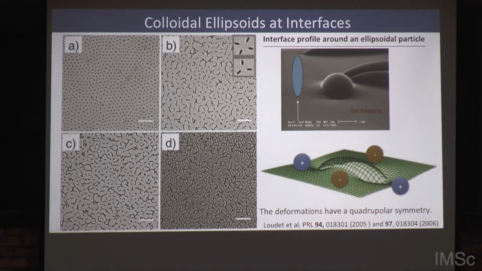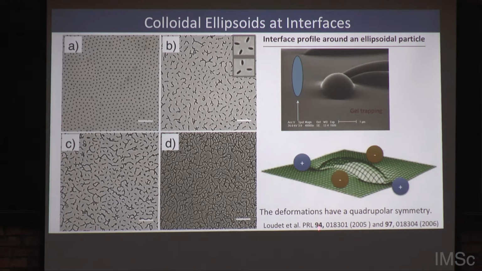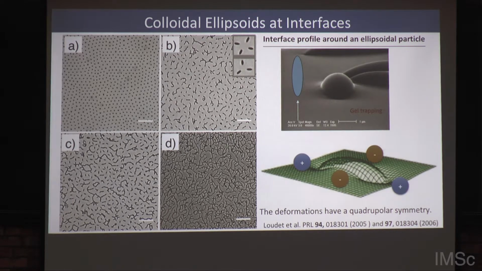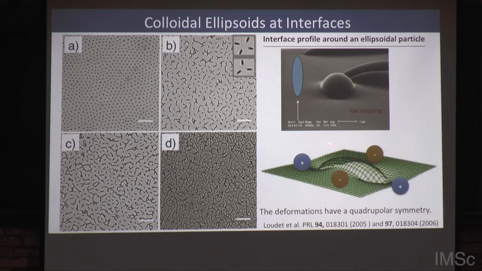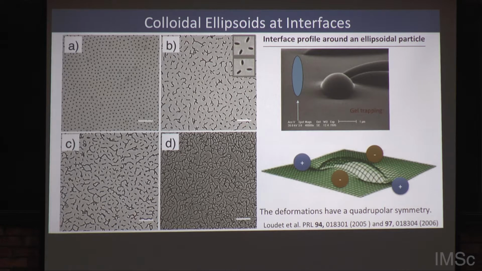That's data from a paper from a UPenn group, and these are our experiments where we have held a particle at the interface and are looking at the interface deformation. You can clearly see the bulging here, which is also seen in these simulations, and there is a depression that you see at the tip. You are basically looking at the ellipsoid in this direction. This interface deformation is so strong that even when the particles are several micrometers apart, the two particles are pulled toward each other,